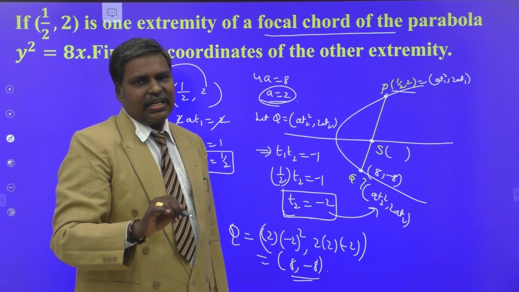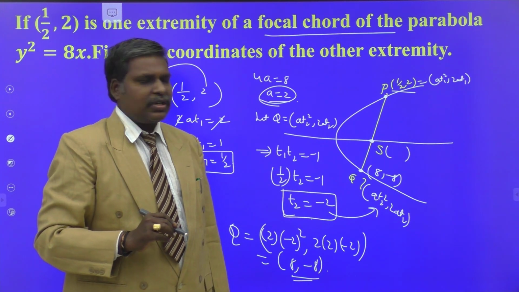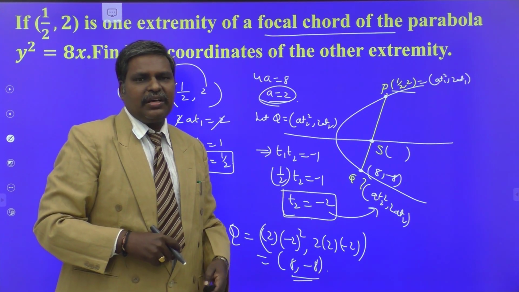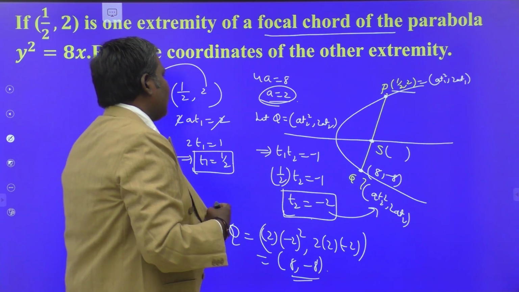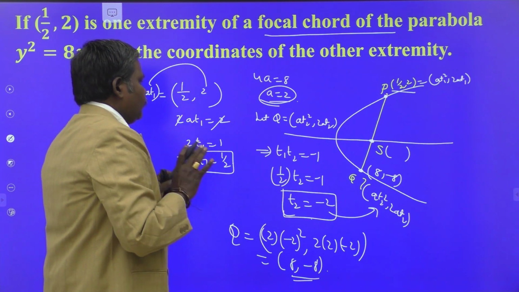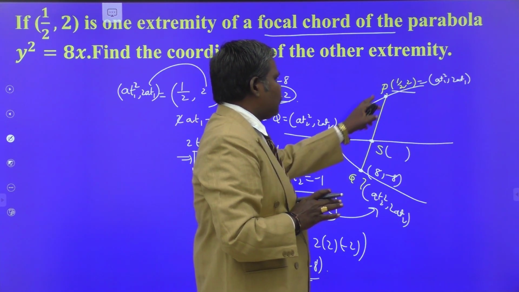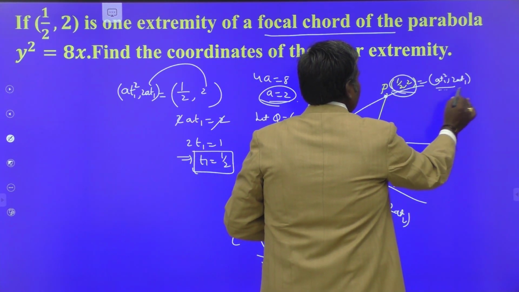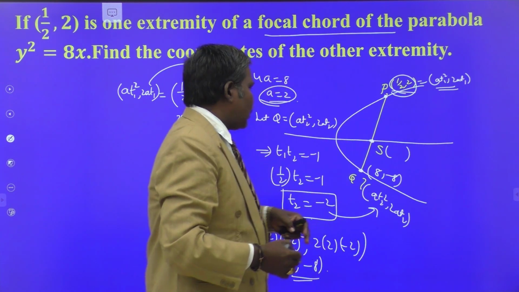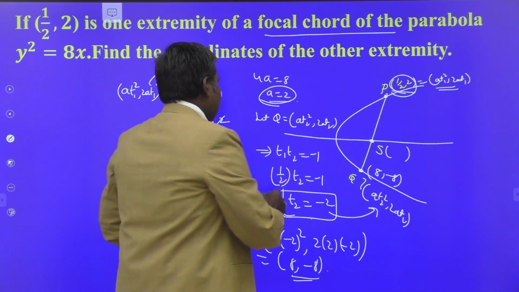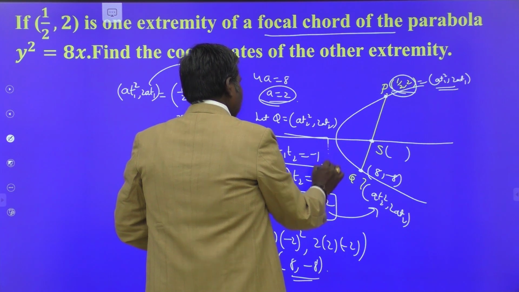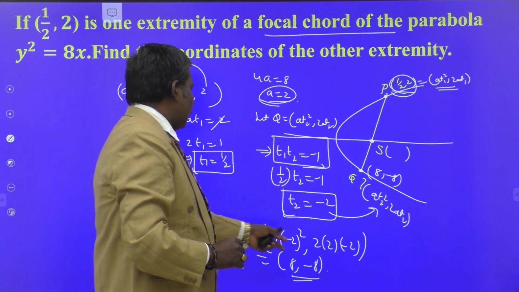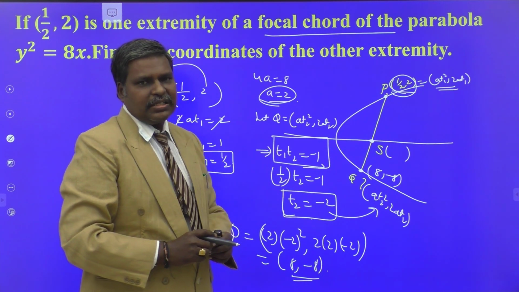If it is the latus rectum, then only its midpoint is the focus. So this is the way to find the other extremity of the focal chord of the parabola. Don't take it as the midpoint. Consider the given point itself, 81 square comma 281. Evaluate the value of t1 and apply the condition t1 t2 is equal to minus 1. From that you write the coordinates of t2 and you obtain 8 comma minus 8.